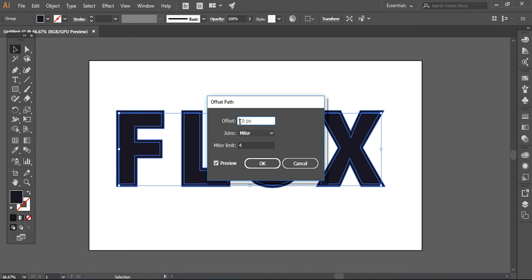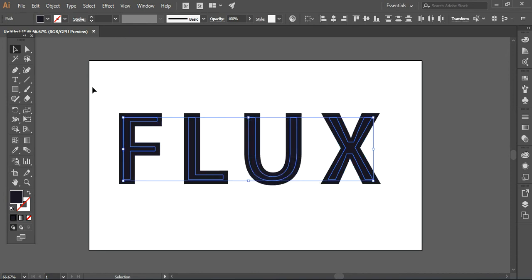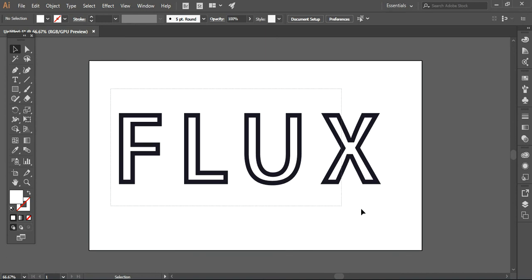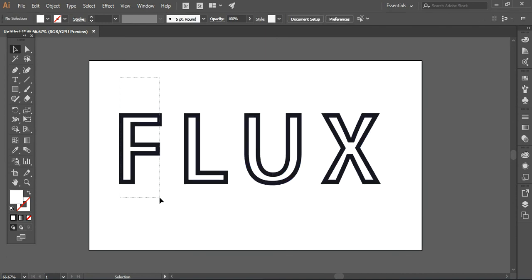within the text. So I will use the minus option here. If you are increasing or decreasing the size, you can see how it's looking. So I will go with minus 17 here, and I will change it to white, so it will be looking like this. After this, I will ungroup it,